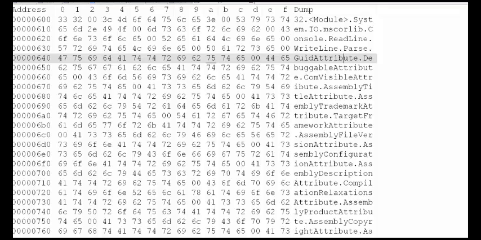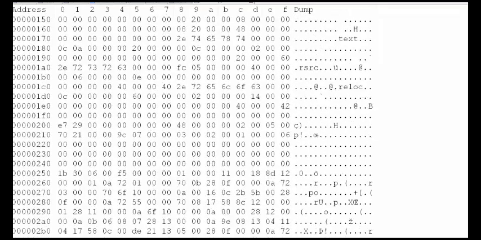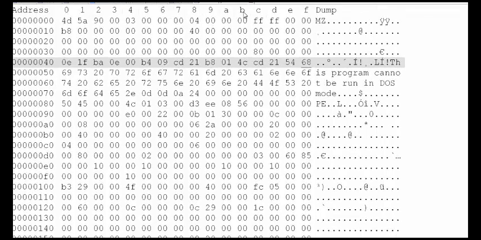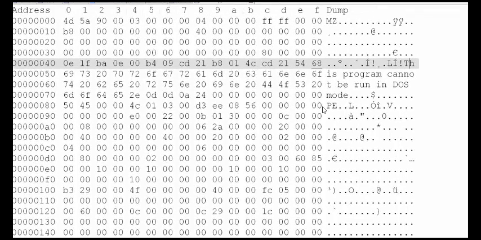If you open up anything in a hex editor, you may see some things that look like things you can read, but most of it you can't. For example, let me try and zoom in a bit. All right. For example, this program cannot be run in DOS mode. Right? But a lot of it are things that we can't read. That's why human beings rely on a high-level language like C, C++, Java, and so on. Because we can't write this code. Some people can write this, and you can learn the code and write it. But it's very time-consuming to do this. It will take you a long time to be productive.